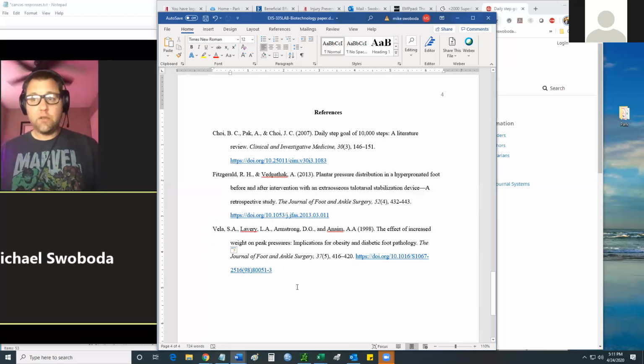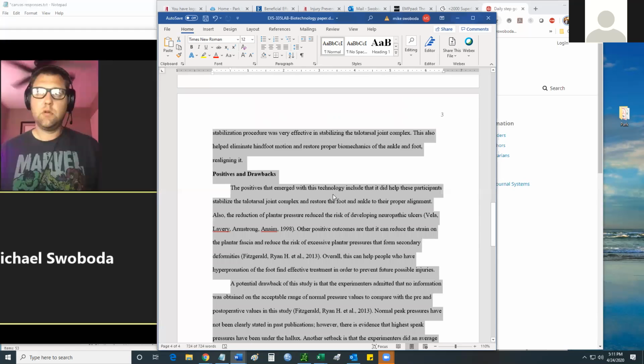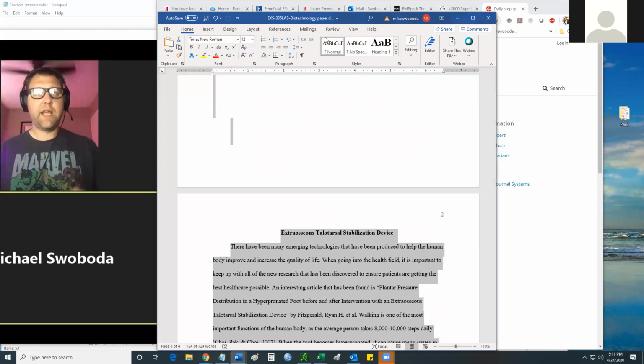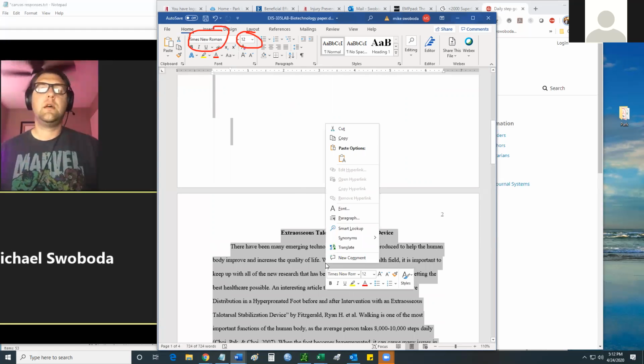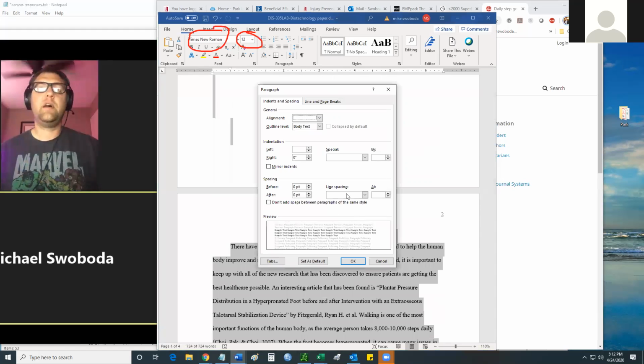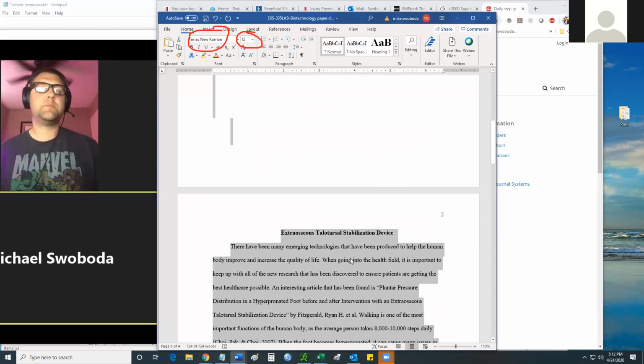Last thing you want to do is you want to select everything, the entire paper. You want to make sure that this is Times New Roman 12 font, and under paragraph you want to make sure that this is double spaced, so everything's double spaced.